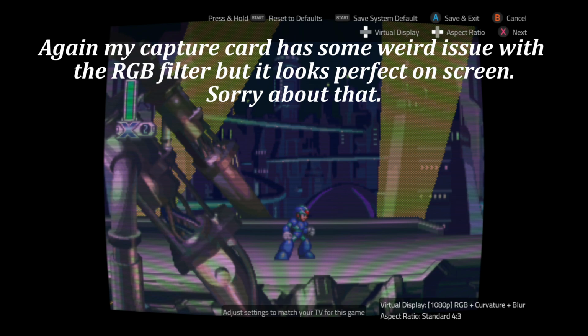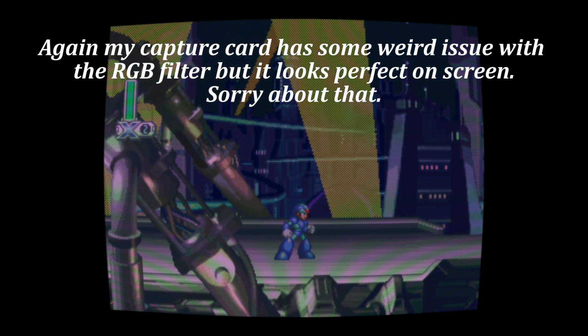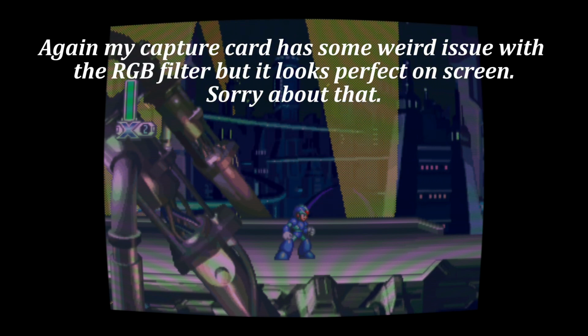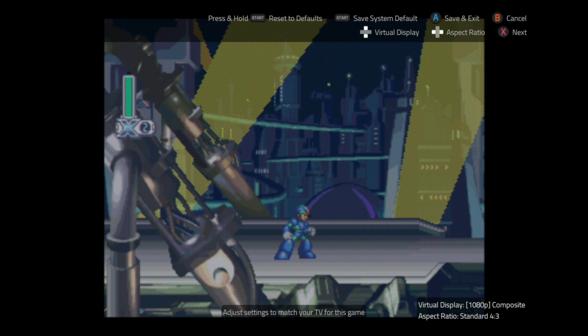So the blur filter does help a bit, and then the curvature blur filter definitely helps out quite a bit for this one. And that's a little bit more proper of a display output for X4 if you're using the RGB filter. But if you decide to use the composite filter,